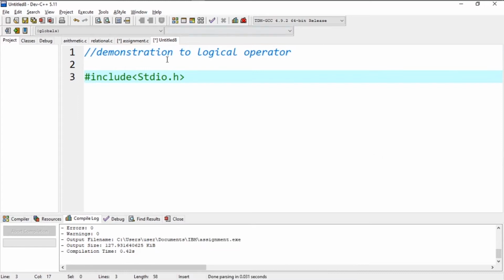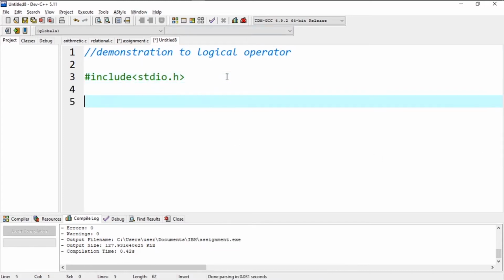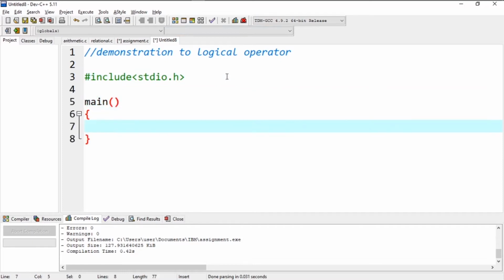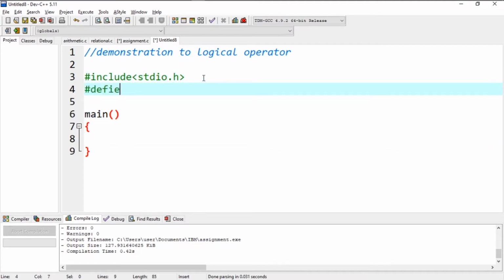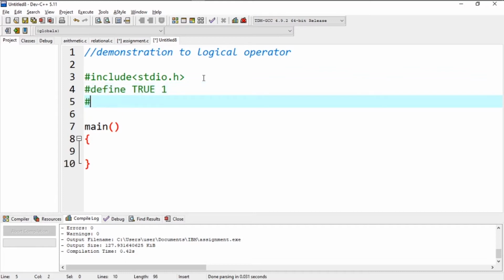This s must be small over here, and I write the main function over here. So let's define a macro using #define, and I write over here TRUE, whose value will be equal to 1, and I define FALSE, whose value is going to be 0.